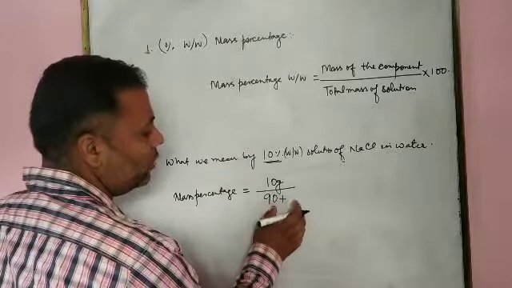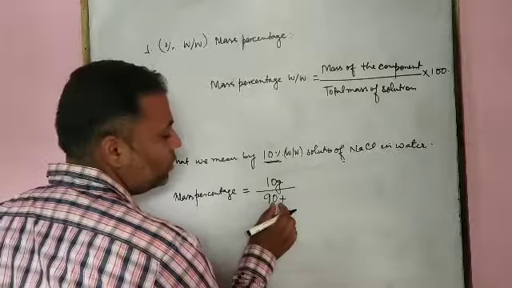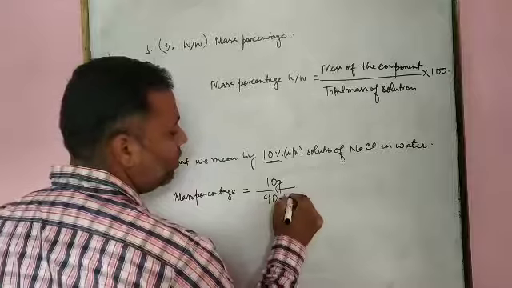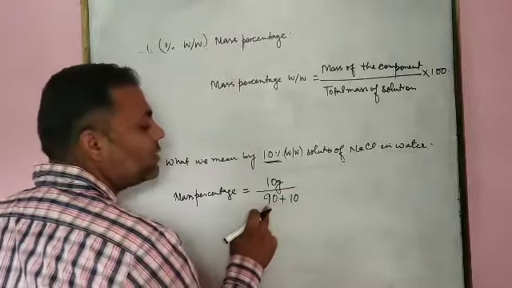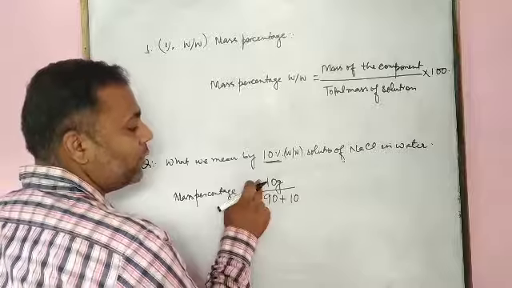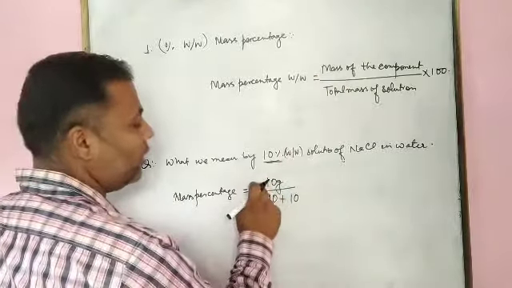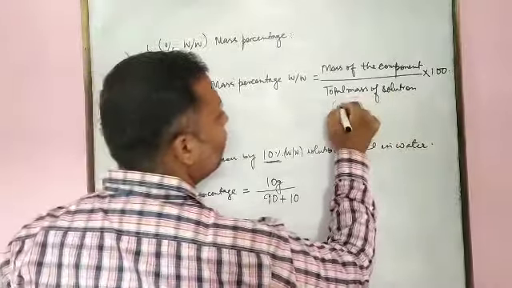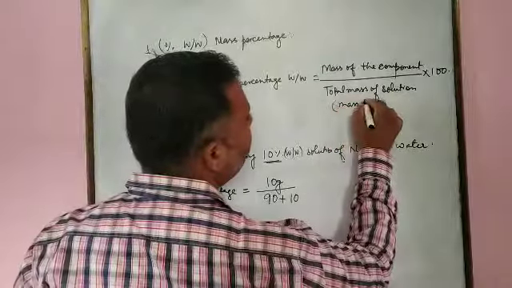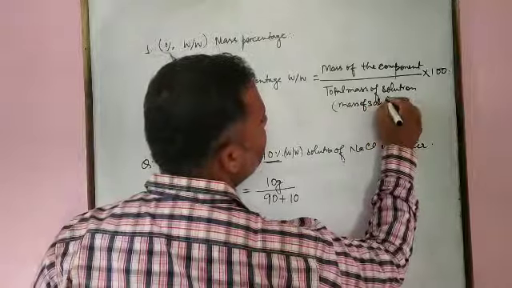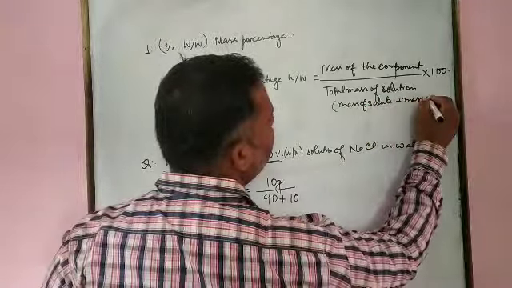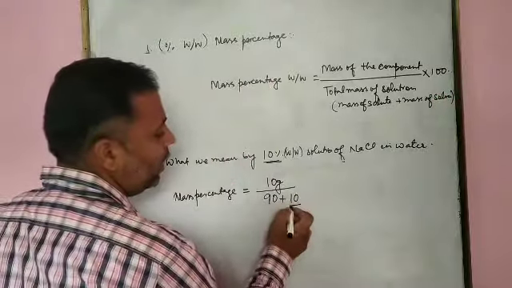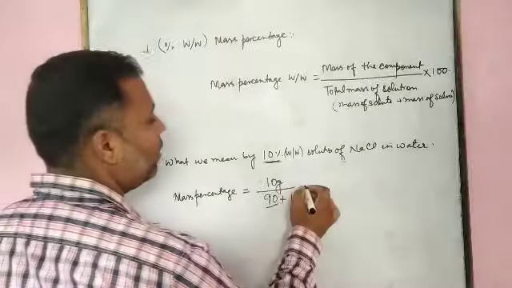If 10 gram of sodium chloride is dissolved in 90 gram of water, then what is the mass of the solution? Mass of the solution is equal to the mass of the solute plus mass of solvent. Mass of solute is 10 gram, mass of solvent is 90 gram, and mass of the component is 10 gram. Total mass of the solution means solute plus solvent. Mass of solute 10 gram, mass of solvent 90 gram. Then it is termed as